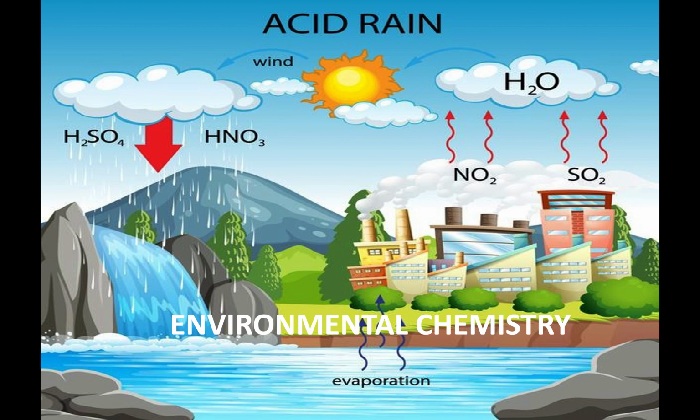So, acid rain can be said as a byproduct of a variety of human activities which emit the oxides of sulfur and nitrogen in the atmosphere. As we have studied earlier, burning of fossil fuels like coal and oil in power stations, furnaces, diesel and petrol motor engines, they all produce these gases, that is sulfur dioxide and nitrogen dioxide, and on reaction with water you get two acids, sulfuric acid and nitric acid, which fall down as rain. So I hope this part is clear for you.